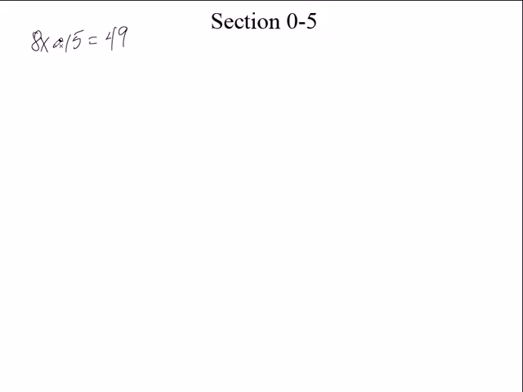Let's look at this example right now. It's 8x minus 15 equals 49. Now this is a little bit more involved than what we've done before. All the problems that we did earlier, one step and you were done, right? You either added something or you subtracted it or you multiplied or you divided it, and that was it. You were finished. This time, you're going to have to do more than one step because there's more